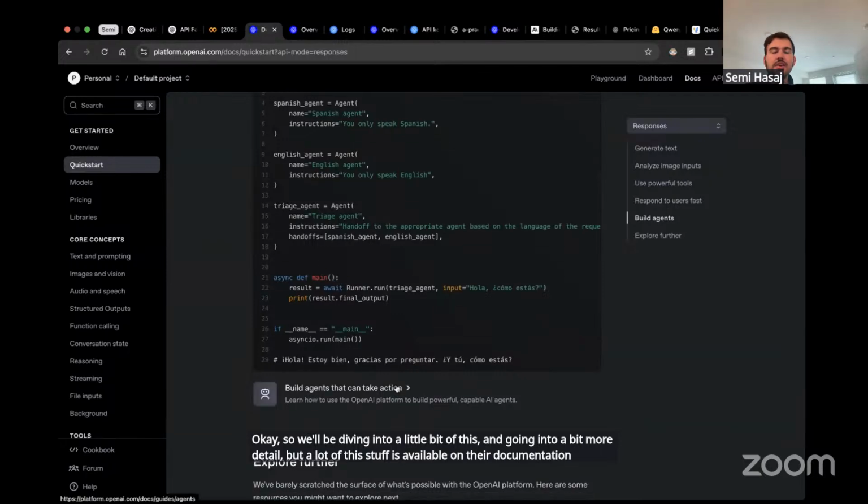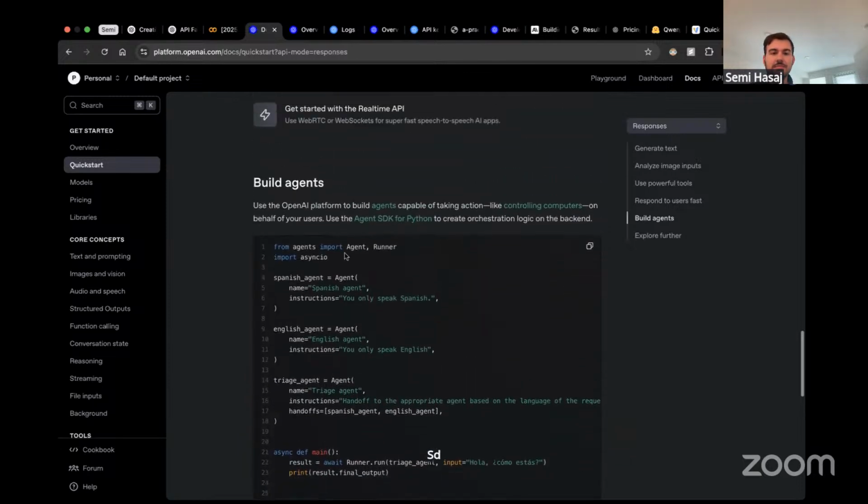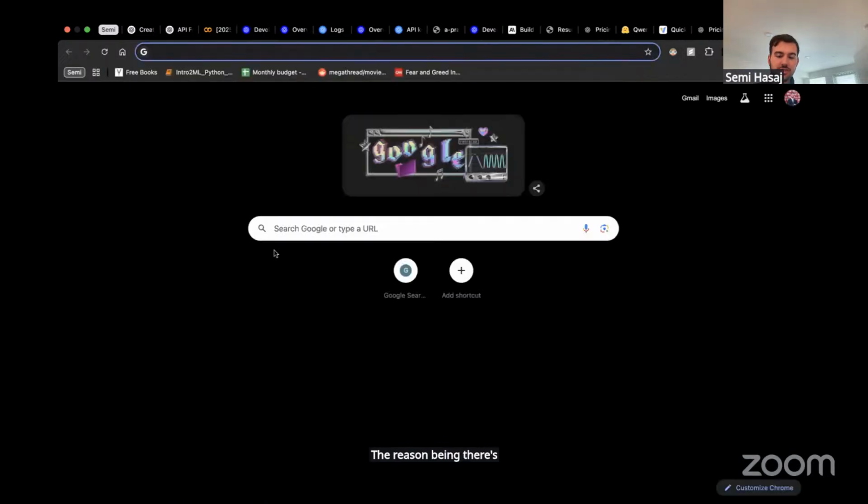I'm using OpenAI right now just because I think it was pretty easy to set up. Just for context, I've never used the OpenAI agents SDK before. This was the first time. I'm like, okay, let's try it out. It came out pretty recently. The reason being there's so many agent frameworks.